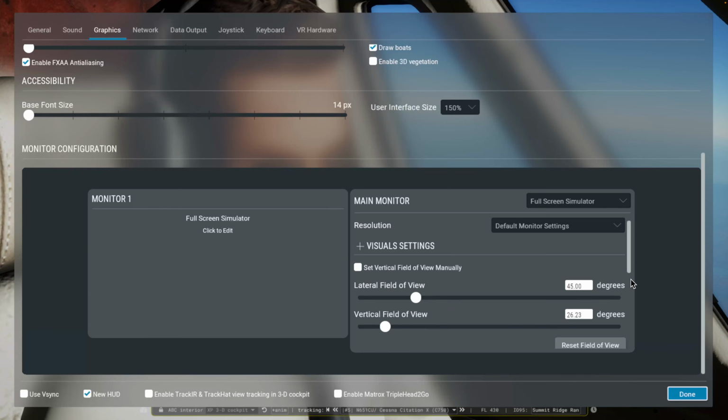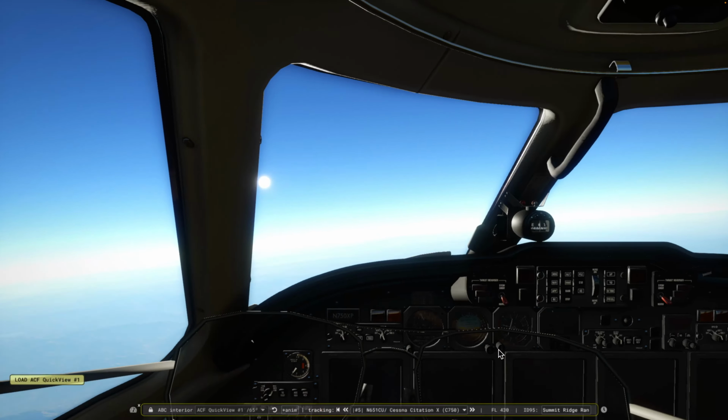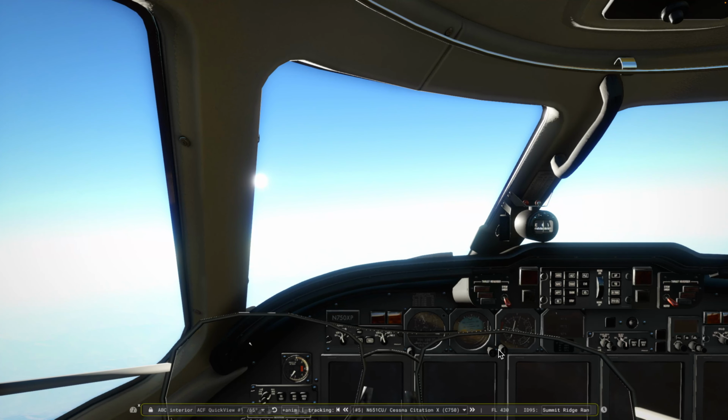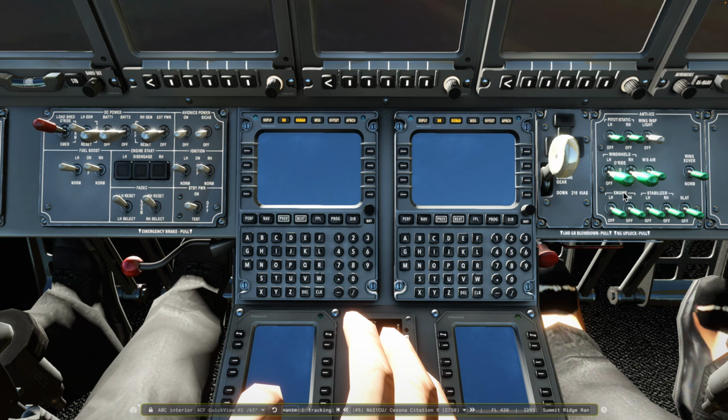So let's go back to 90 just so you can see what it should look like. So this is actually loading the numpad views for this Citation. If I hit numpad 1, this is actually where my camera view would be if this were my user plane. X-Plane doesn't do this for you, but ABC does. So if I hit numpad 1, I get the view from that aircraft. Numpad 2 gives me the CDU from that aircraft. And if I go over here and I hit